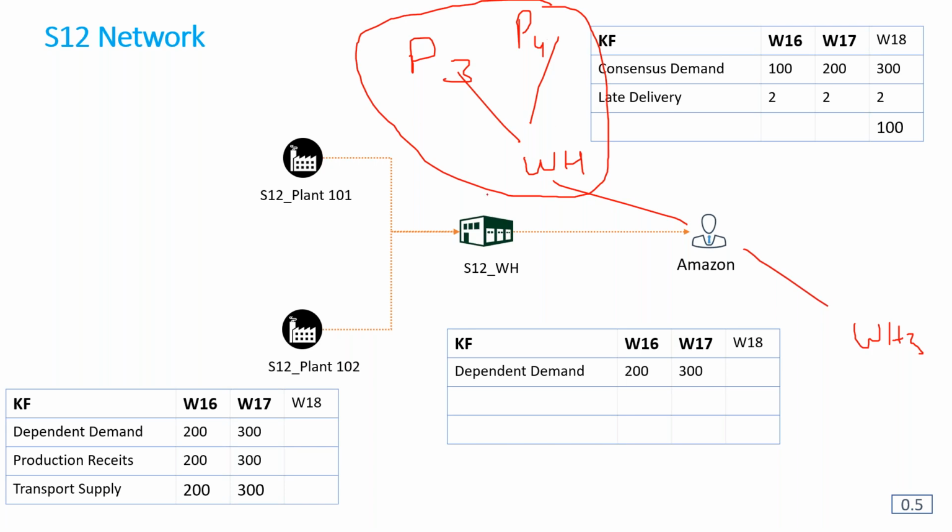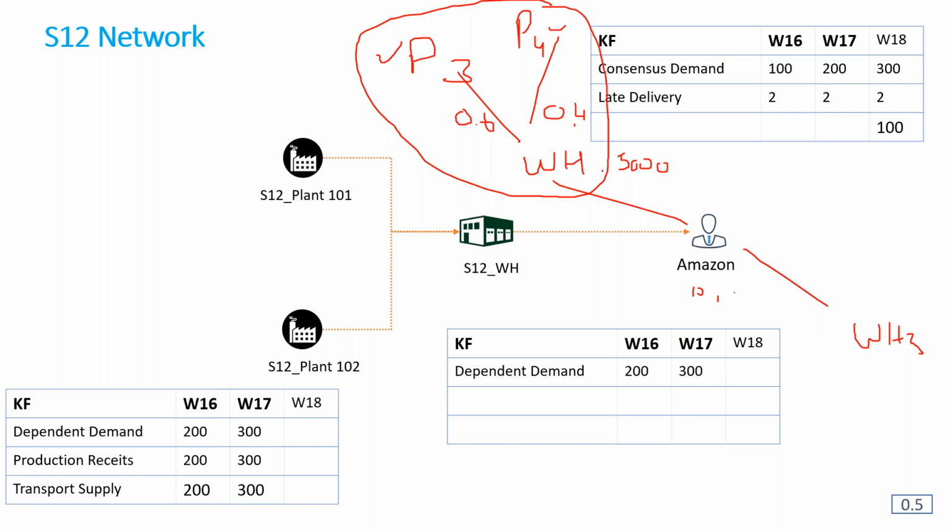So in this particular point, you can say that I want to follow my quotas as 0.6 and 0.4. If Amazon has a 10,000 demand, and if this has pushed 5,000 onto this warehouse, now take 0.6 of 5,000 and do the production on plant 3. Take 0.4 of 5,000 to the production on plant 4.